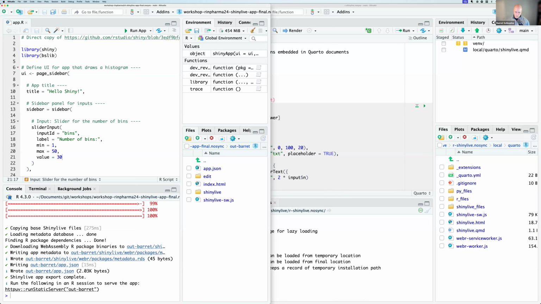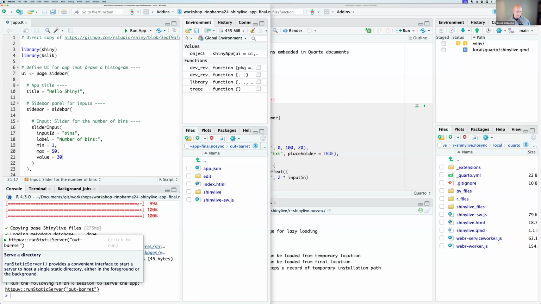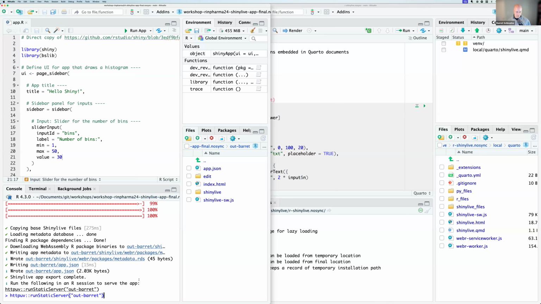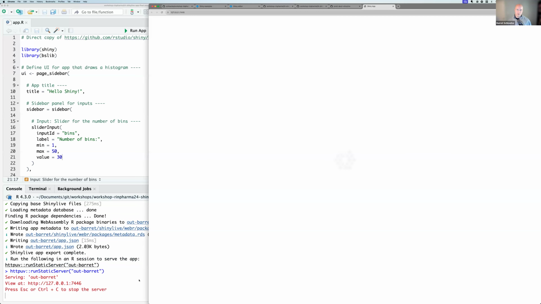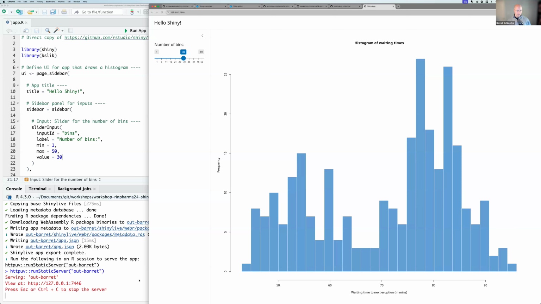And yeah. Okay, so there are instructions at the bottom where we can say httpuv run static server. Because I'm in the IDE, I can click it. It'll paste in the code for me. And if I run it, we get the loading bar and ta-da. Again, it's just an httpuv run static server. There's no Shiny connection. It's hard to tell you, but it's just a static server, and now there isn't a centralized server.